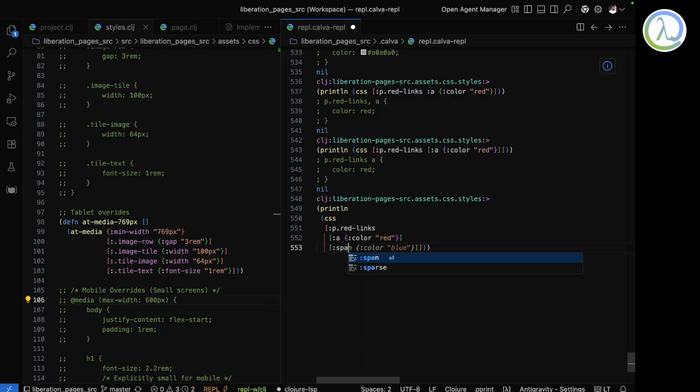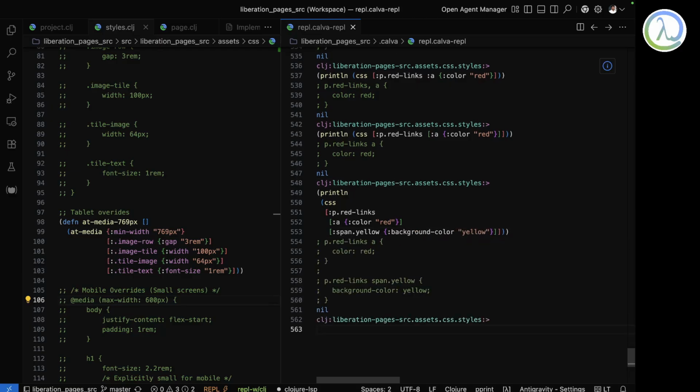Then span dot yellow, and over here I'll give background color yellow. So you can do this too. Just look, it generates like this: P red links A and P span, and it works. So that's how you can do it.